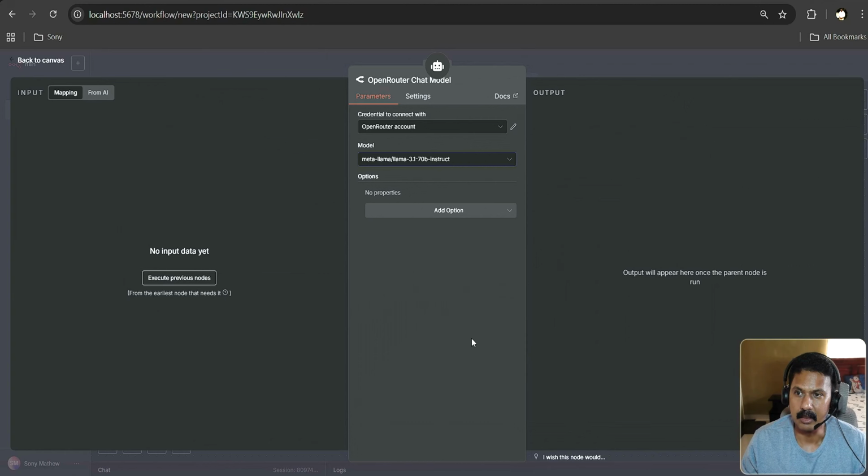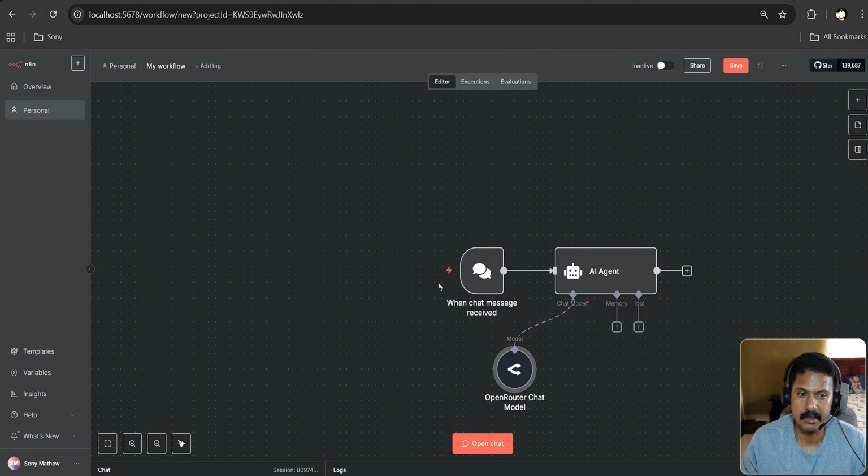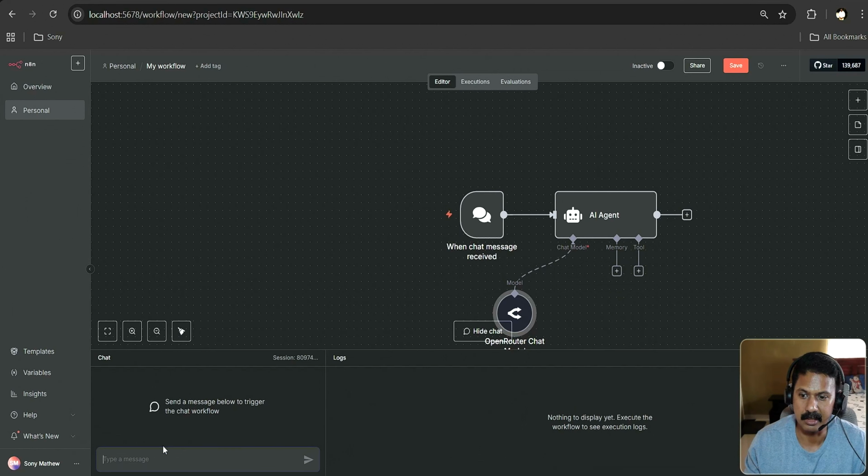And let us now go back to our canvas. And you can now see that the error message that you had previously, you had a sort of info mark, that has now disappeared because now you have essentially provided your AI agent with the right configuration and the right credentials. Now let us test this out. So let us open the chat and let us say, hi,